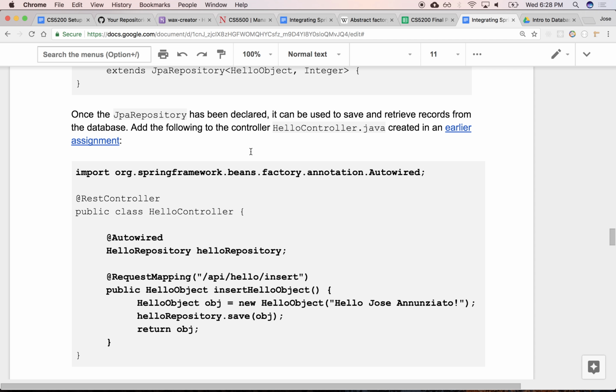We can use it, for instance, to write to the database, to insert a new instance of the object into the database. It's going to generate an insert into a database. Let's see how it works. First, we're exposing it to an API, exposing it to a URL, so that if you go to localhost blah blah blah /API/hello/insert,